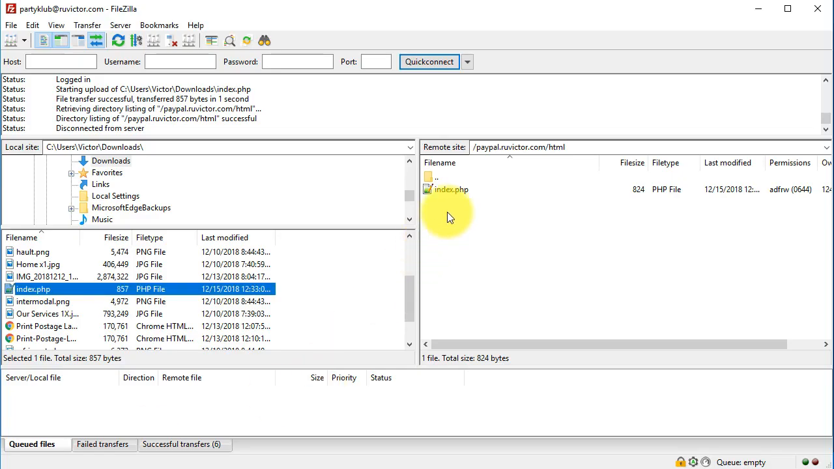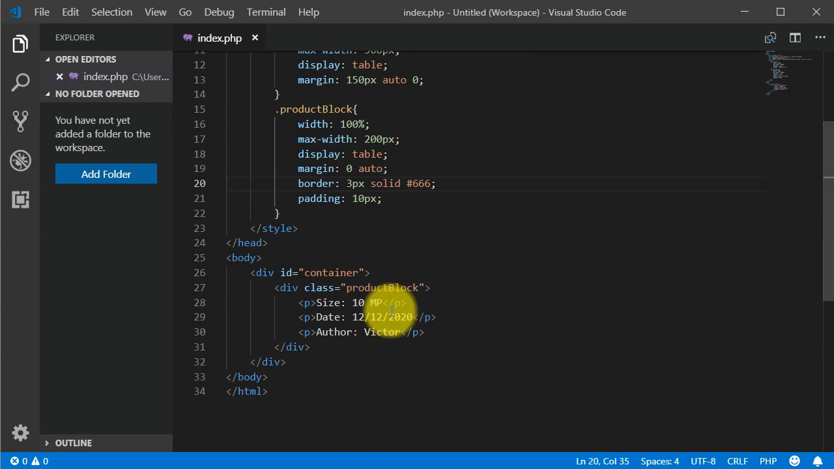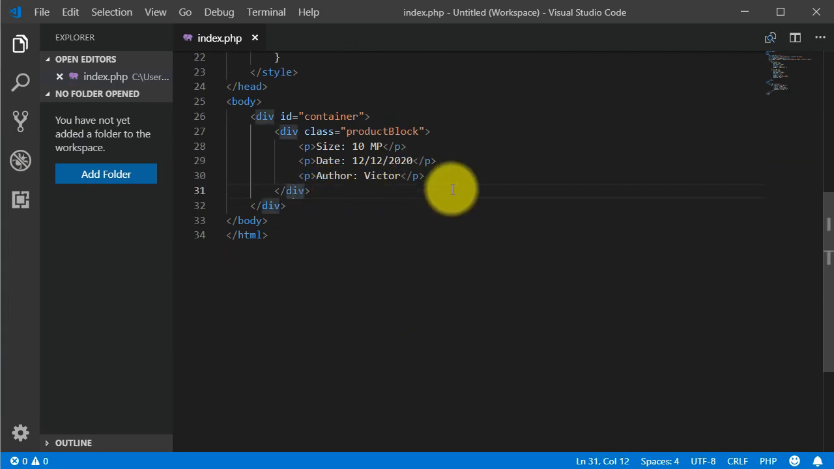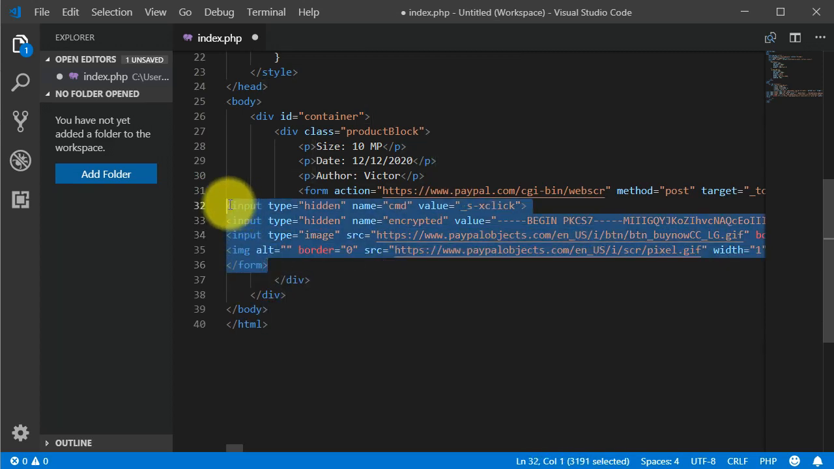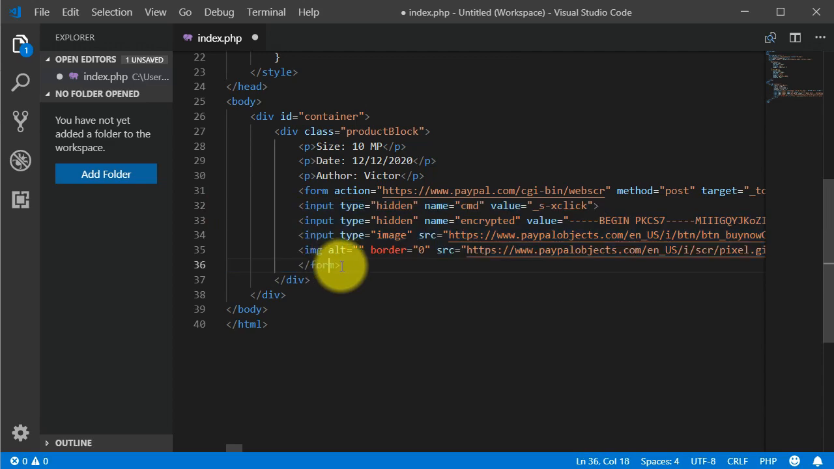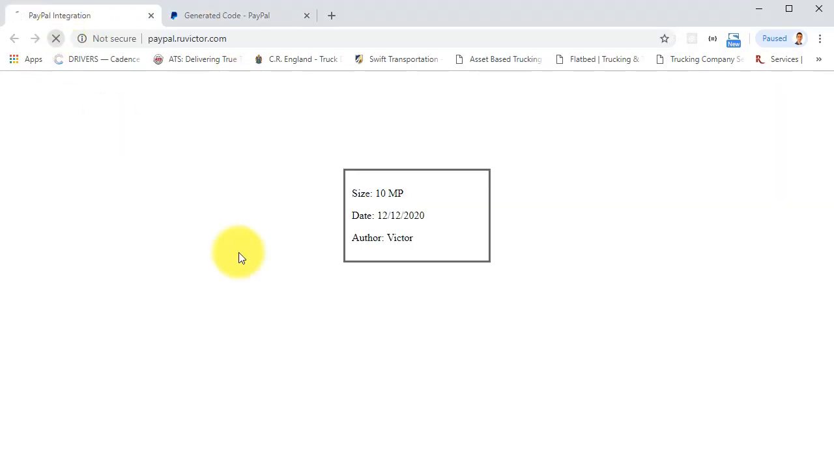I'm just gonna open it directly from my server, and I'm gonna paste it right below the author. Okay, I'm gonna save it, confirm from my FileZilla. Open my file, refresh one more time, and you can see here that it has a button now. Whenever you click on this button,